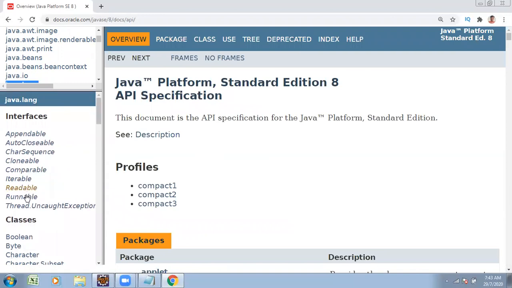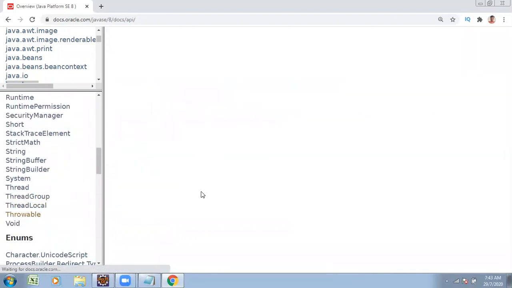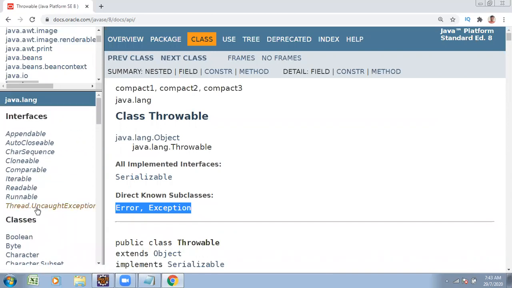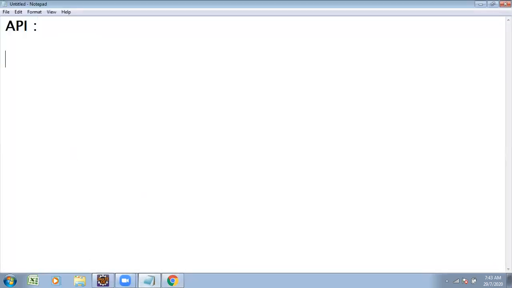Last session we used one class called the Throwable class. Under the Throwable class, exceptions and errors are there, and we discussed how to handle the exceptions. Apart from this Throwable class, under the java.lang package, n number of classes are there. Try to observe these classes. I wanted to concentrate on some of them. You know very well about data types.